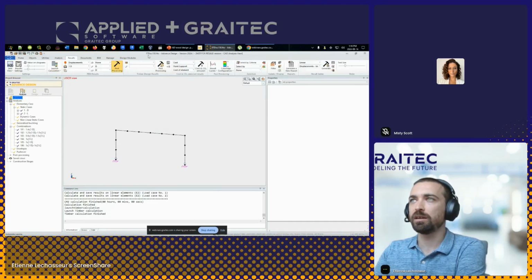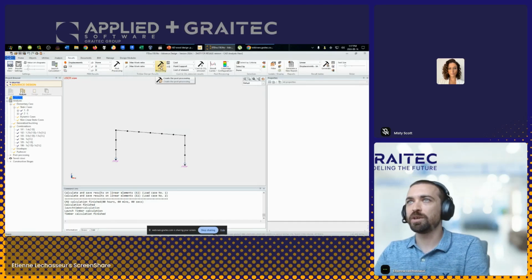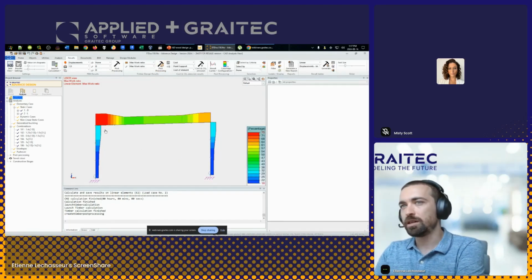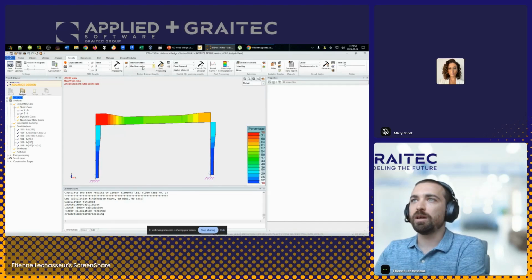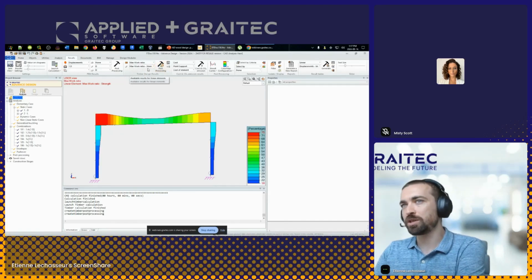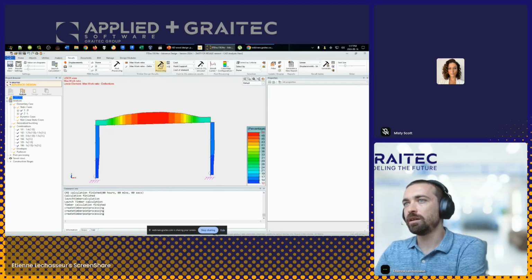As you can see, we have this new group that popped up in the middle. It says timber design results. This is where we'll be able to check the results graphically. The first thing I normally do is look at the max work ratio, just to have an idea of what's going on here. You can see it goes up to 75%. If you want more detail, we could split it between strength and deflection. Here I suspect it's mostly strength and not deflection. So we have up to 75% strength